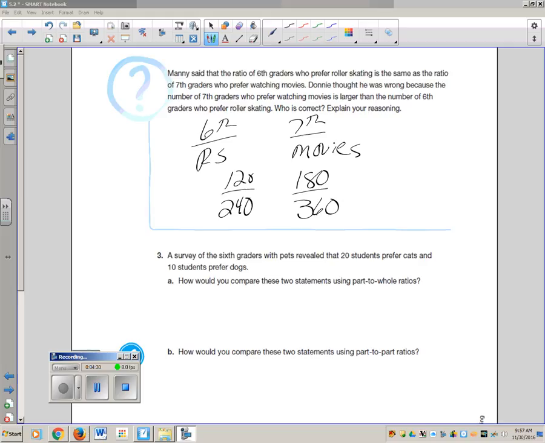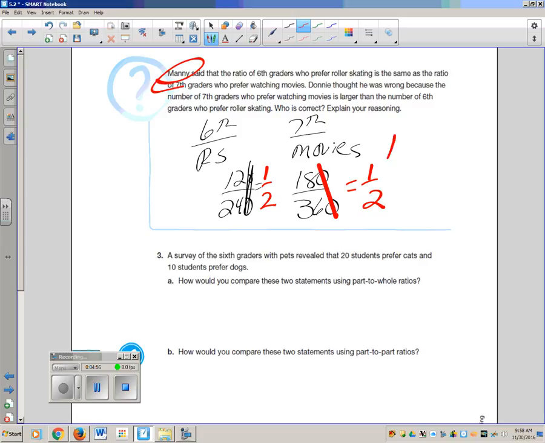So now you have two fractions, 120 over 240. Cross out the zeros. You have 12 over 24. You should recognize that that equals 1/2. For the 7th graders, it is 180 out of 360. Cross off the zeros, just dividing by 10. 18 over 36 is also 1/2. The two ratios are equivalent. So Manny is the winner. Manny is correct